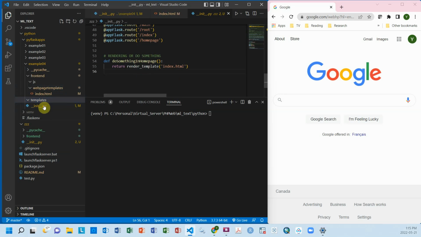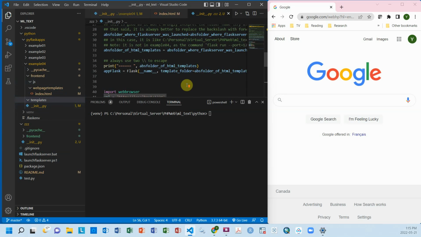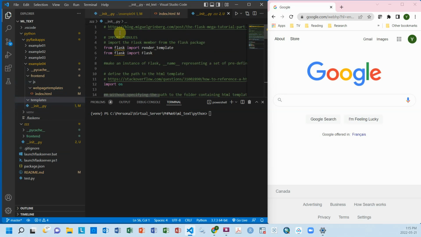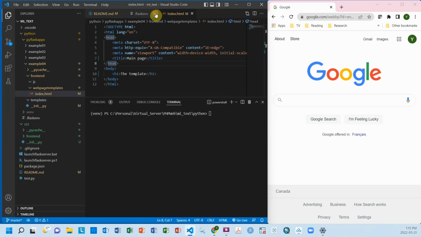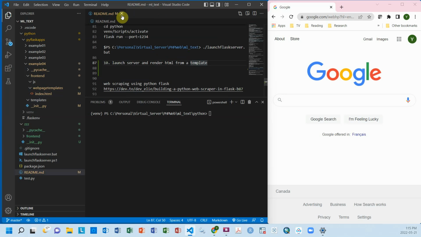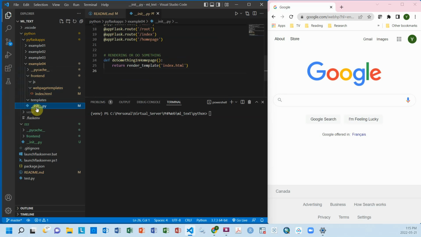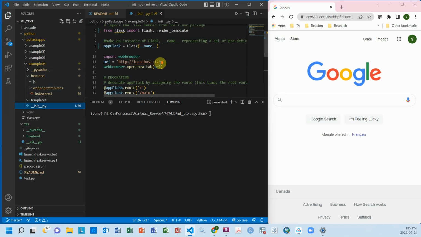So if I were to do so, then I have to go back to this init document. Yeah, where is it? Too many files. I'm just gonna close that. Okay, so I'm gonna go to this init py, and I'm gonna